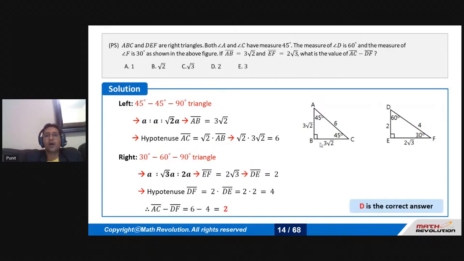So you have to remember this particular ratio of 1 is to 1 is to root 2 and 1 is to root 3 is to 2 in order to solve these questions quickly. I don't doubt that you guys know the Pythagorean theorem. But again, understand, even a minute saved in one question, and likewise in 5 questions, if you are able to save a minute each, that 5 minutes would play a crucial part in your question set.